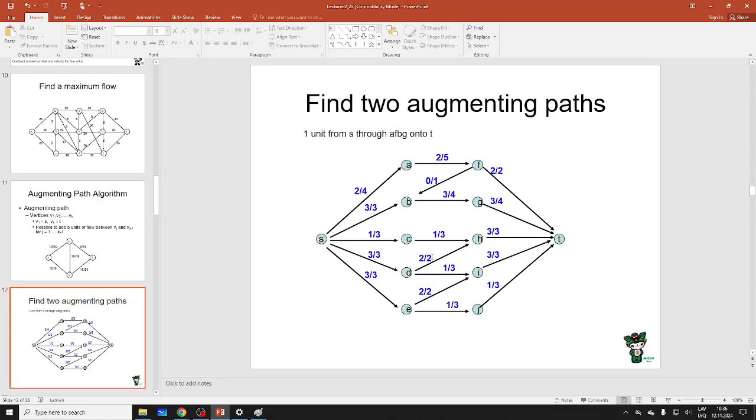Okay, we found the first one, right? There are two augmenting paths in this graph. I'll give you a hint. You can push 2 units through. So here,